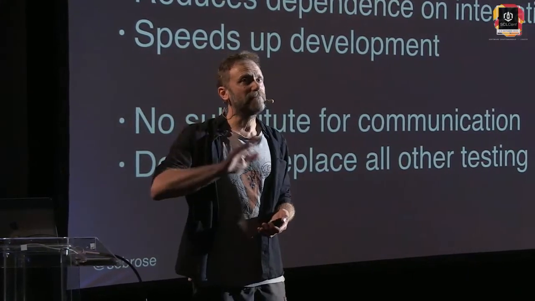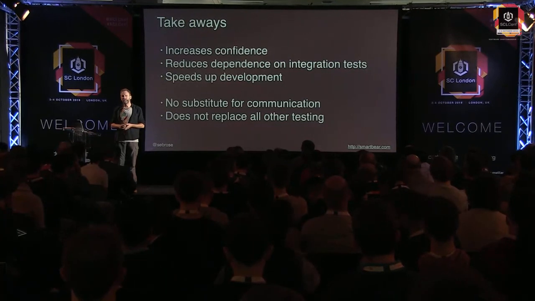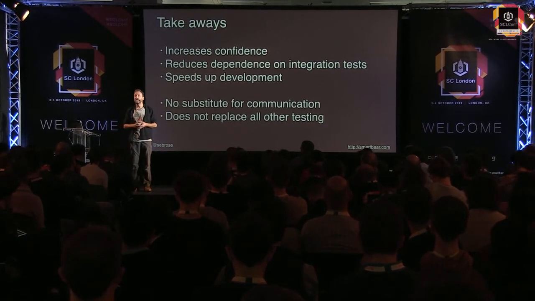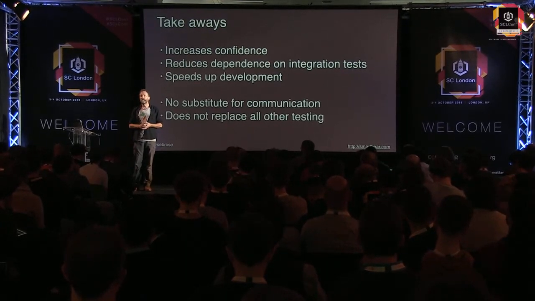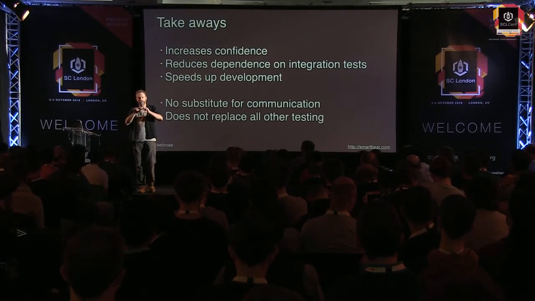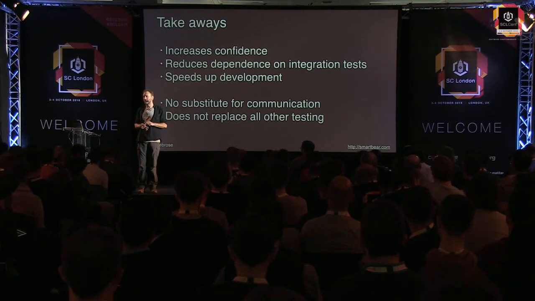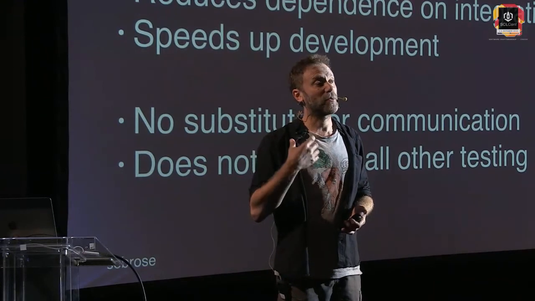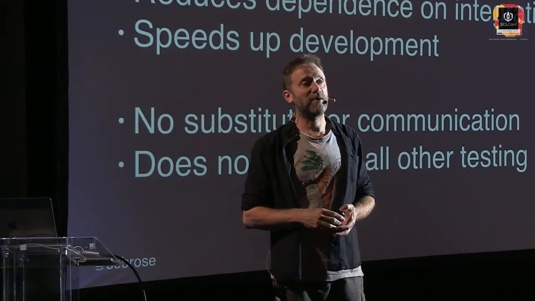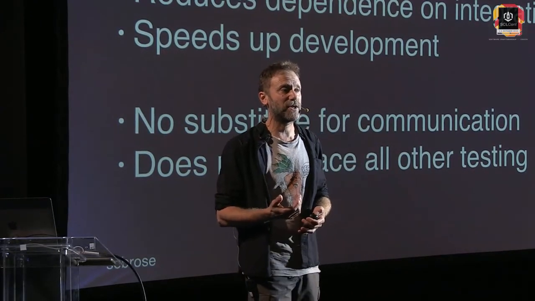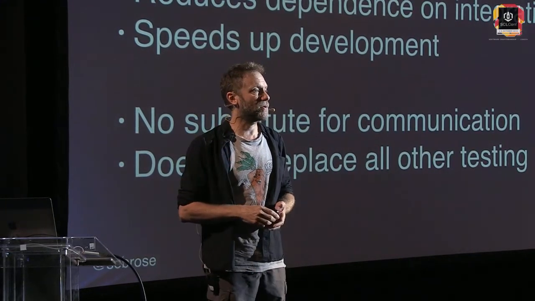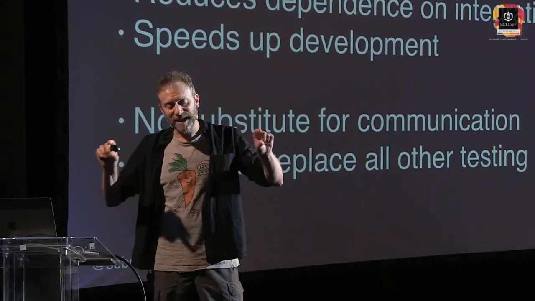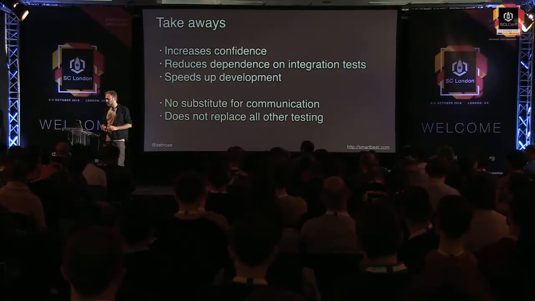And the final bullet point, it doesn't replace all other testing, so it doesn't get rid of any of the things that you're doing. It just makes the test automation pyramid reliable, because those tests at the bottom of the test automation pyramid demand a certain level of stubbing. And typically what we do is we fly by wire and we do occasional integration tests. This way you can build in confidence that those tests at the bottom of the pyramid are accurate.